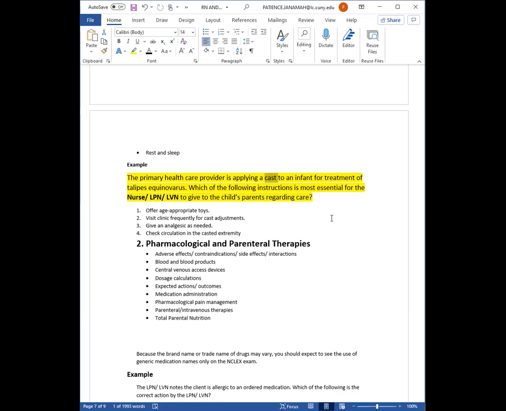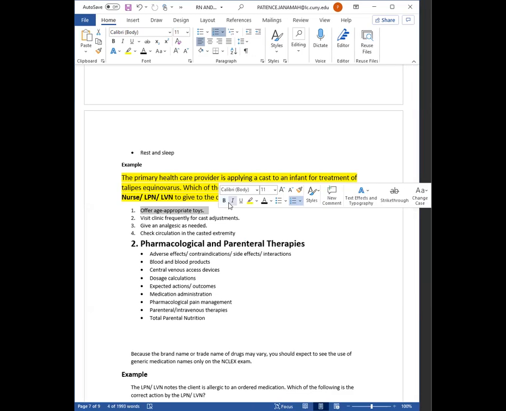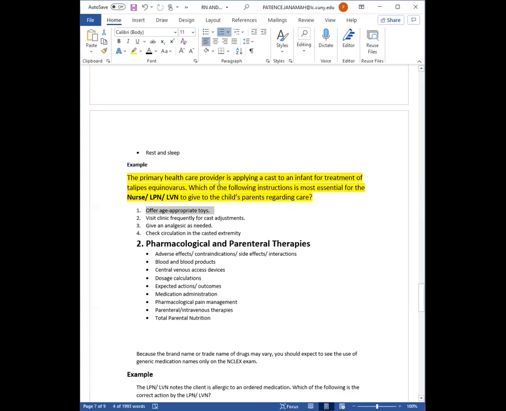So if you need blood flow to the extremity, and I'm going to educate this mother, what is the priority right now? That should be 4. Check circulation. You see, I gave you the answer, right? Check circulation. I gave you the answer. So when you read all these answer options to understand what the question wants,